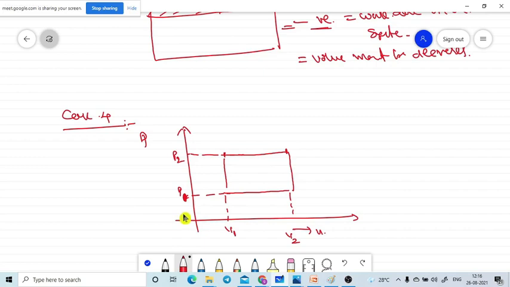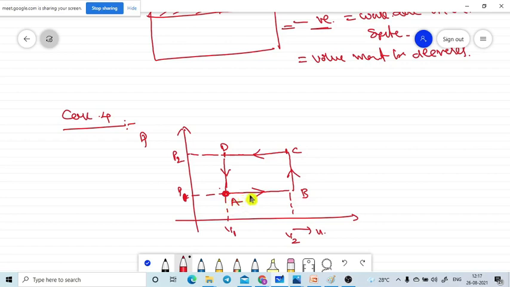The direction of the movement of the system. Let's assume I started from here. From A to B and C and D, again I came to the same A only. In which direction am I moving? Is it the anti-clockwise direction or clockwise direction? It is the anti-clockwise direction. So my question is, what is the work done in the anti-clockwise direction?